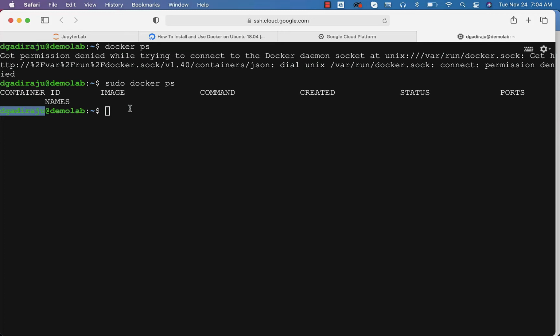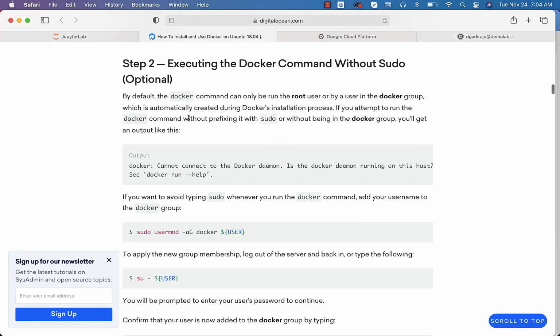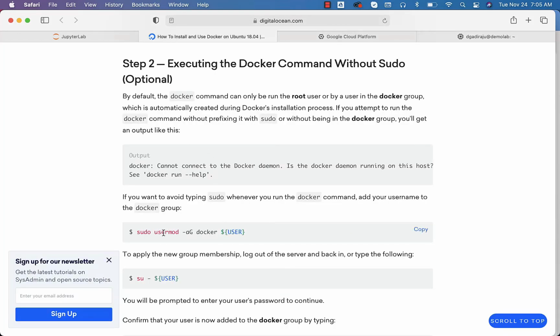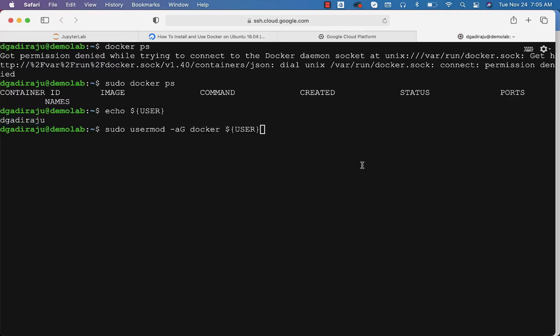So let's understand how we can add this user to the Docker group. Again, you can go back to this article. You can see the command here. $USER is a special environment variable which is available as part of the Linux environment. If you say echo $USER, it will give us the username using which we have logged in to this virtual machine. Using that approach, we can use this command called usermod, and we can assign the group called docker to the user that is logged in. So I can run this command and it will take care of adding the current logged in user to the Docker group. Now it is added.